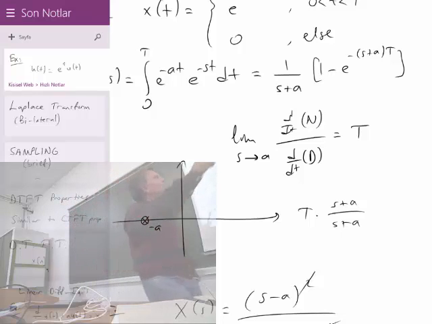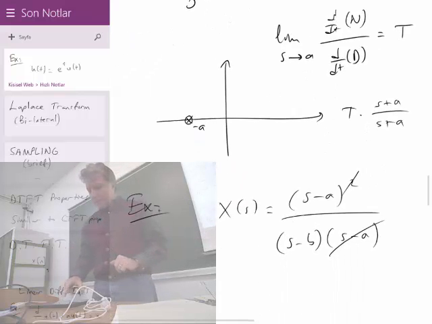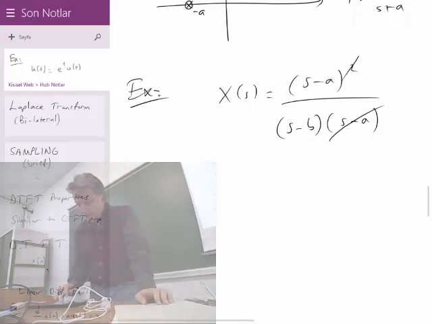Therefore, that root will cancel with s plus a in the denominator. And we will have nothing. It comes from the Taylor expansion. That's why I just decided not to cover that, because it's not as easy as these simple exponential Laplace transforms. Now,